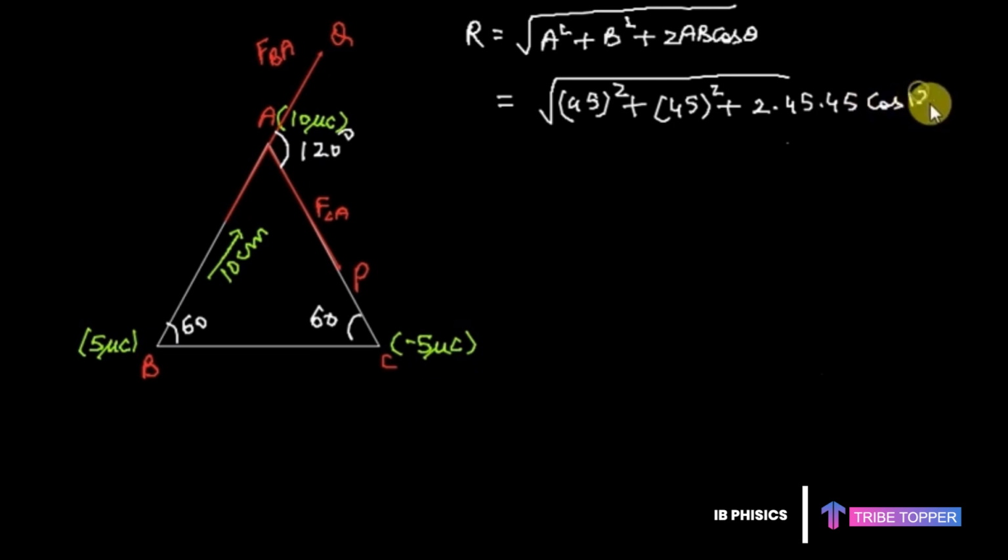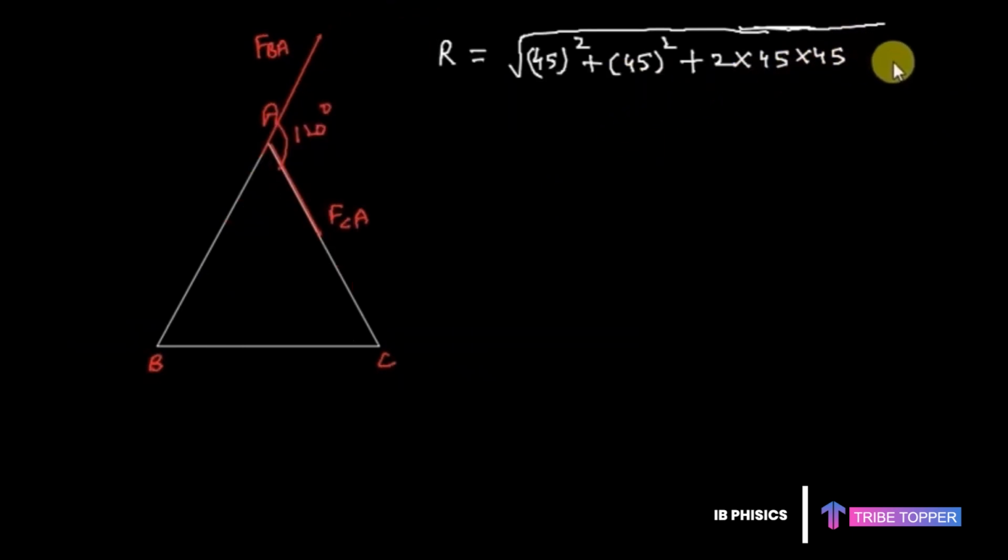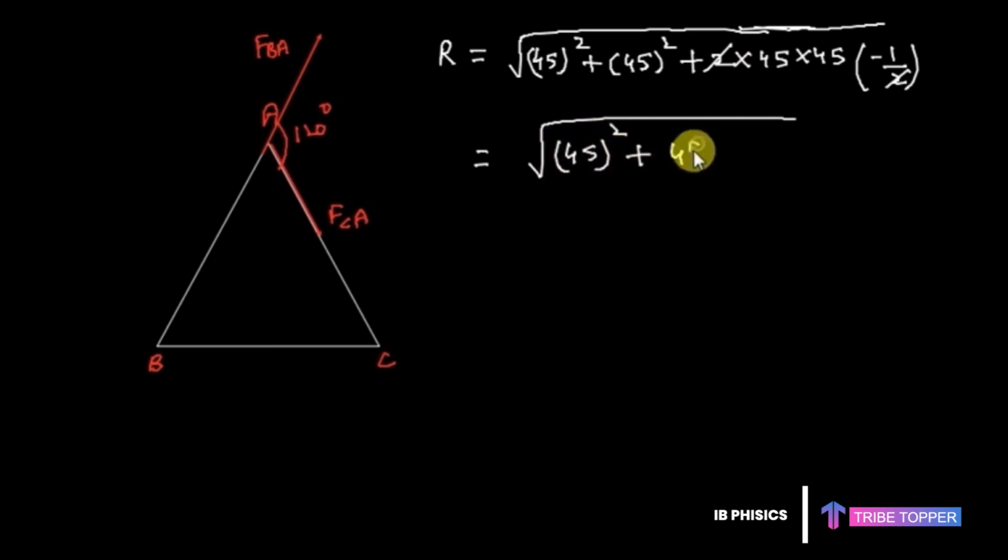Now we have the same thing in the next equation, so just taking all the things to be the same, we substitute the value of cos 120 to be minus 1 by 2, and now this 2 would cancel out. So you are left with square root of 45 square plus another 45 square, and the third one is minus 45 square, because this minus sign you get multiplied and you get 45 into 45 is 45 square. So this would